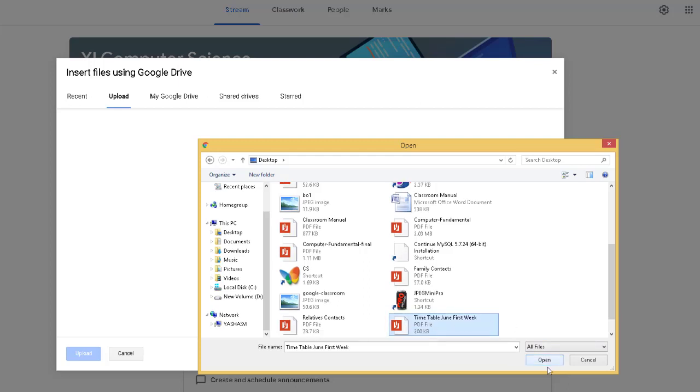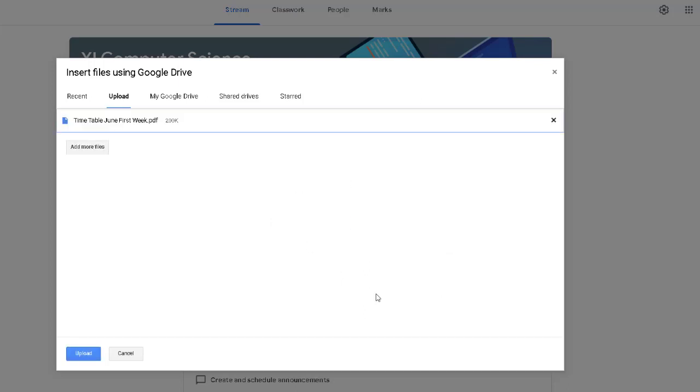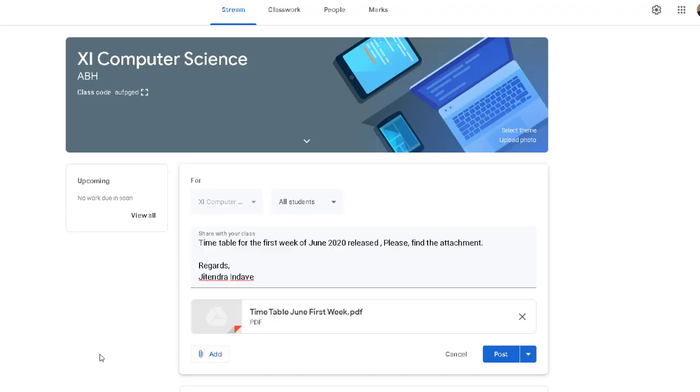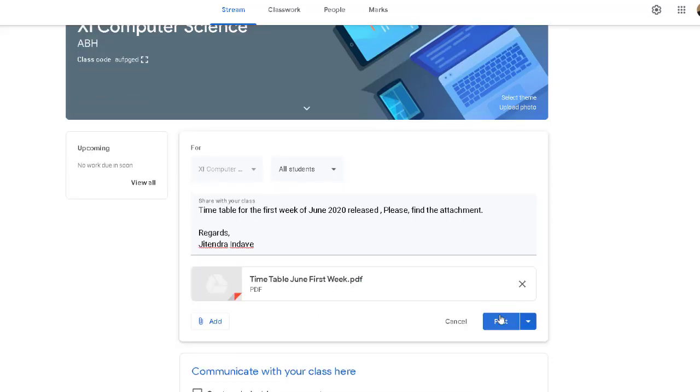Timetable June first week. This will appear here and click to upload. Now the attachment is done. You can see the PDF file is attached, and you can click post to send it immediately to the students.